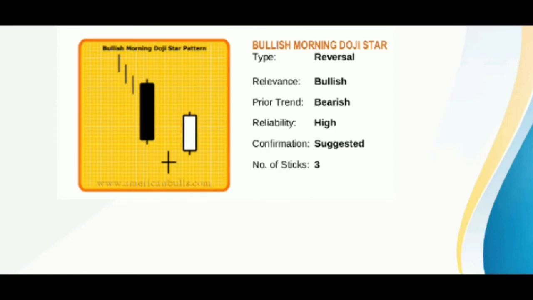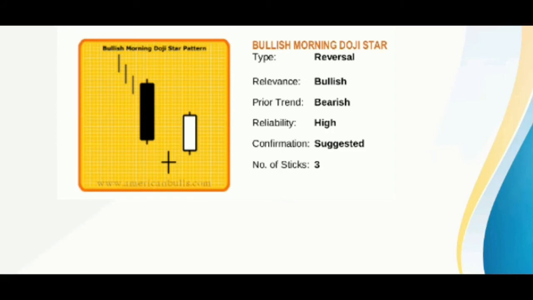A black real body, while the market is falling, may suggest that the bears are in command. Then a doji appears, showing the diminishing capacity of sellers to drive the market lower. Confirmation of bull ascendancy is the third day's strong white real body. An ideal bullish morning doji star pattern must have a gap before and after the middle line's real body. The second gap is rare, but lack of it does not take away from the power of this formation.